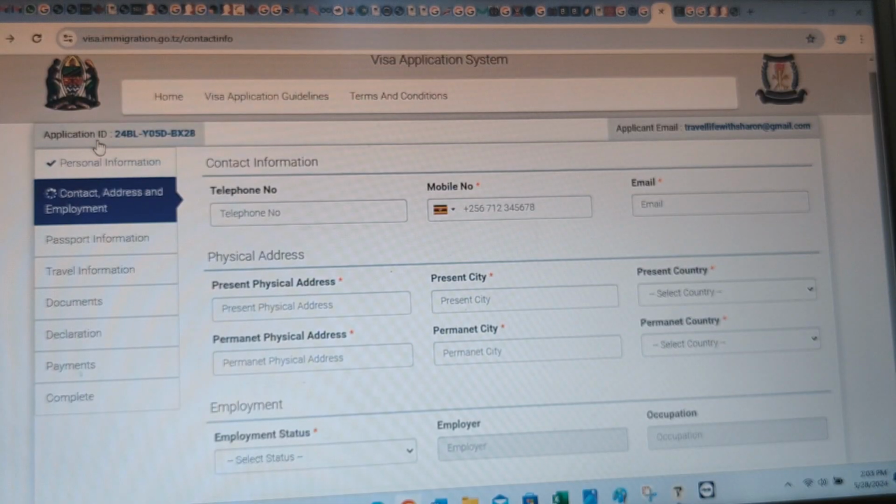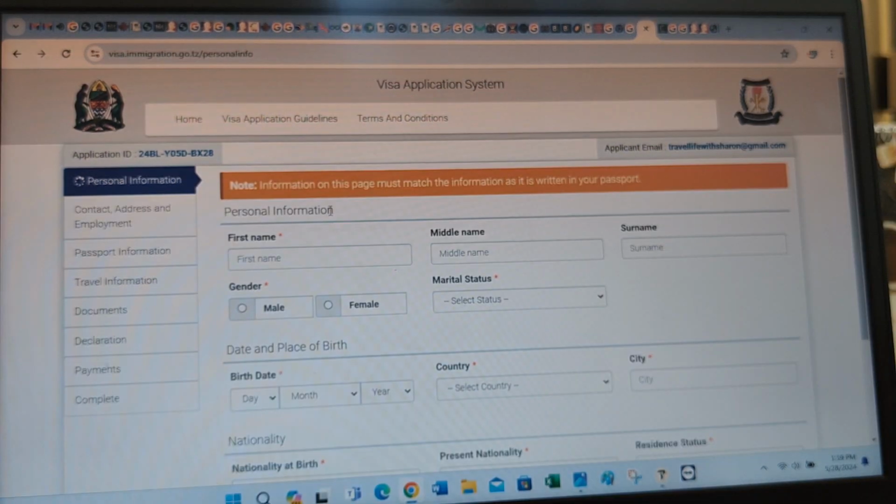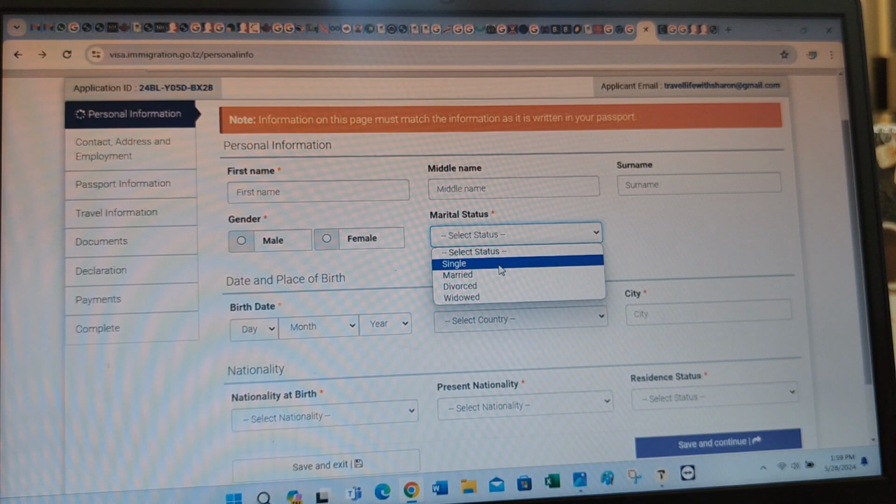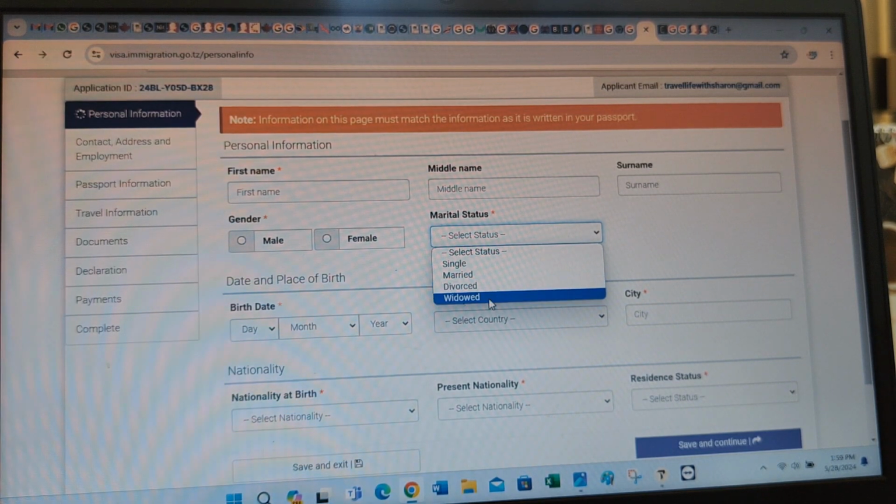Okay, from the application, you notice that there is personal information, contact, address, and employment, passport information, travel information, documents, declaration, payments, and then you complete. So we will begin with the personal information. Personal information: first name, middle name, then surname, gender, male or female, marital status, single, married, divorced or widowed,